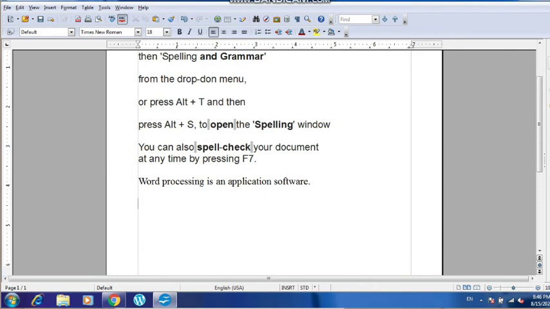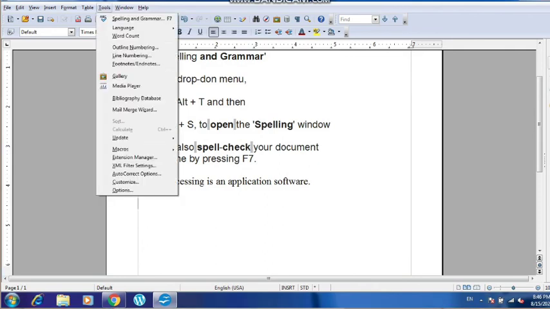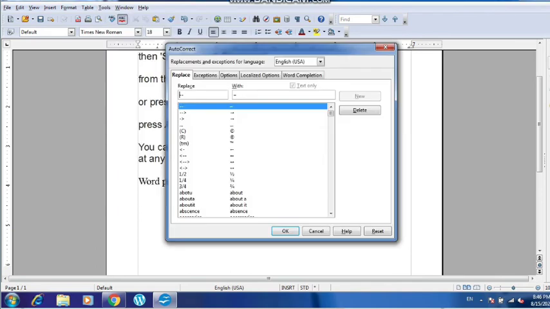So we'll go to the Tools menu again, and let's see that there is the AutoCorrect Options at the last, and then I have clicked it. Now you can see that many options are already given and the changed value is also given. So what does this autocorrect feature basically mean? Autocorrect is one of the features given by OpenOffice Writer and MS Word also, which automatically changes the word when you press the space bar.